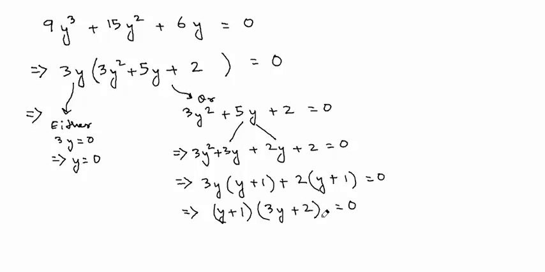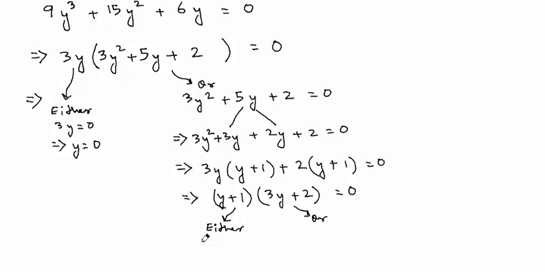That's equal to 0. Now there's another either or in this one. Remember, this itself is a part of the or. The either side was y is equal to 0. And under the or, there's another either or. So we could say either y plus 1 is equal to 0. The product of these two can be equal to 0 only when either y plus 1 is 0, which means y is equal to negative 1, or 3y plus 2 is equal to 0,